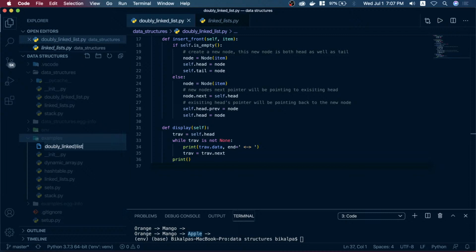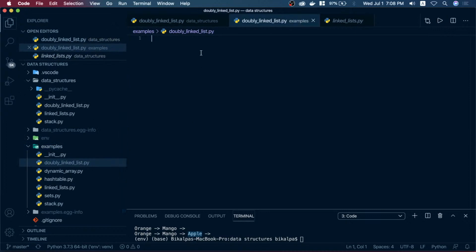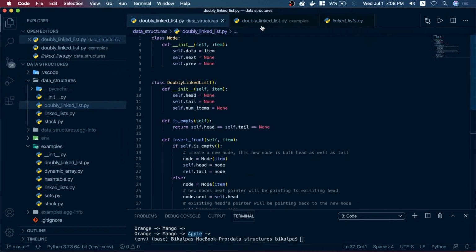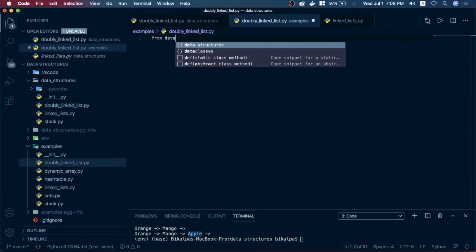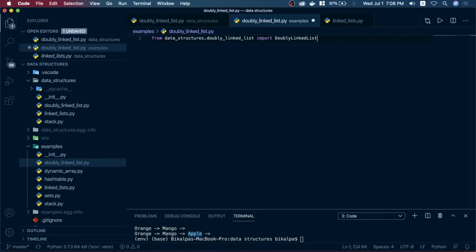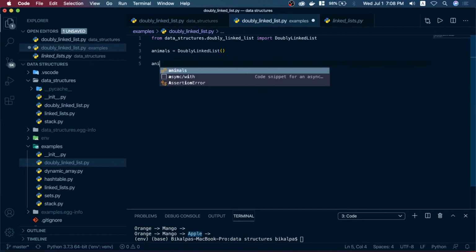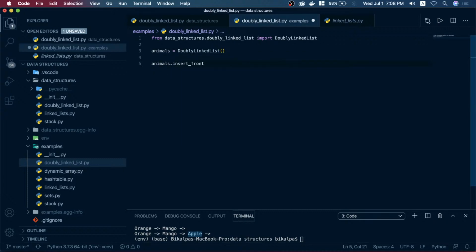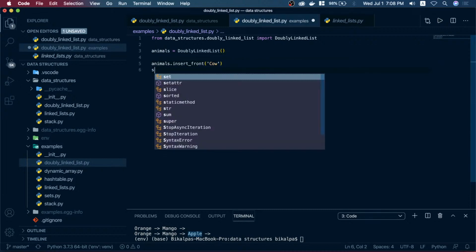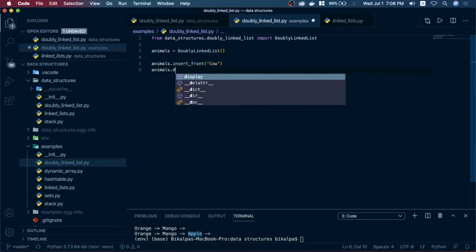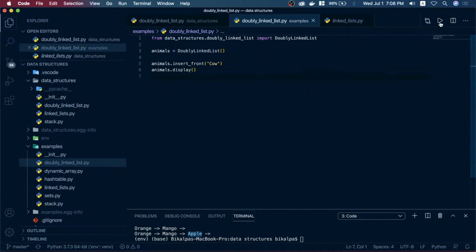doubly_linked_list.py. So inside this, first of all I will have to import from data_structures.doubly_linked_list import DoublyLinkedList, and let's say animals this time. animals equals DoublyLinkedList. I create a new doubly linked list and say animals.insert_front, and in the front I say cow, and I say animals.display. If I run this,